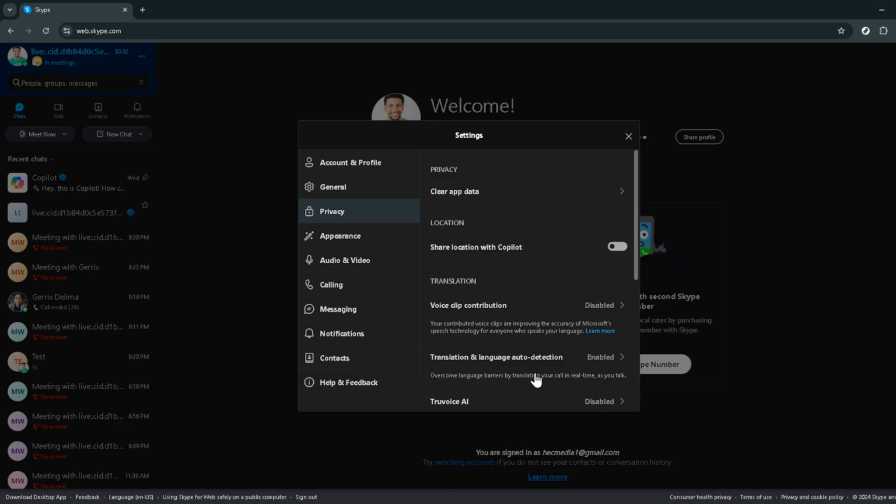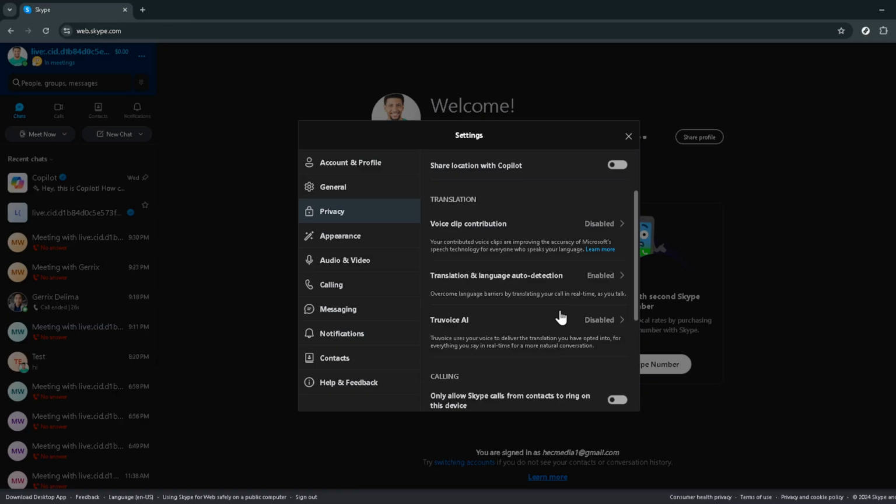A quick tip, take some time to explore the language settings and preferences within the translator options. This ensures that Skype knows which languages you're most likely to encounter, optimizing its translation capabilities for your specific needs,